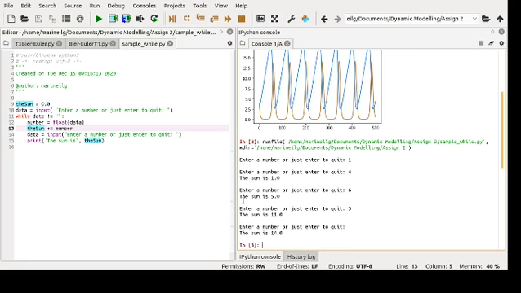If I input a blank, it will quit the loop. And then the sum here is basically the total of my numbers, so it's increasing with my number. Okay, so anyway, that is the while loop.